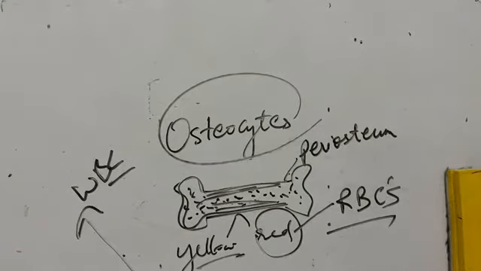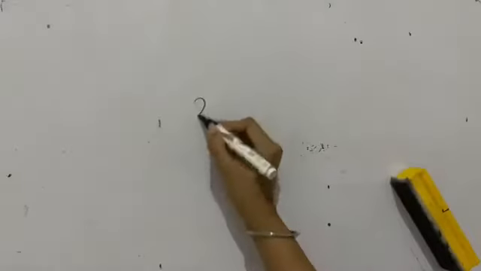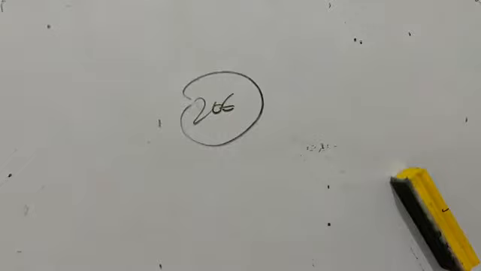Got it? Now we'll talk about the human skeleton next. The human skeleton, as we know, is made up of 206 bones. Now we'll count it up, whether all the bones together give us the count of 206 or what. So 206 bones are total in number which are present in the human skeleton, and the skeleton is mainly divided